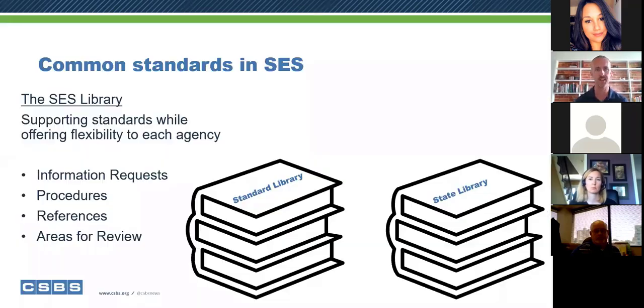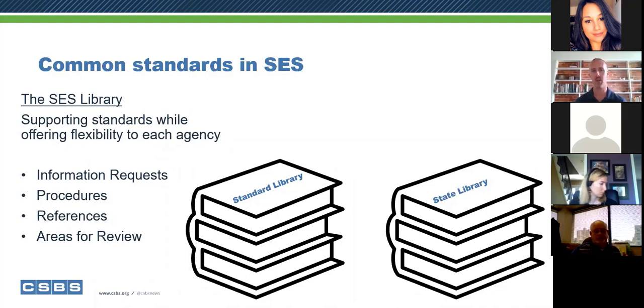But just to set the stage, when I say common standards in SES, what I'm really referring to is a feature in the system called the library. And the SES library is where all of our components, if you will, to exams are managed. Now, you might be asking, what do I mean by components? Components are things like you see on the left: information requests, procedures, references, and then a new concept for many of you, which is areas for review.